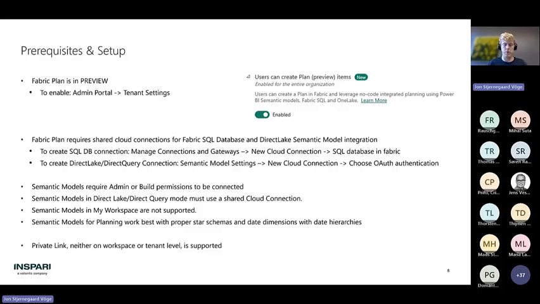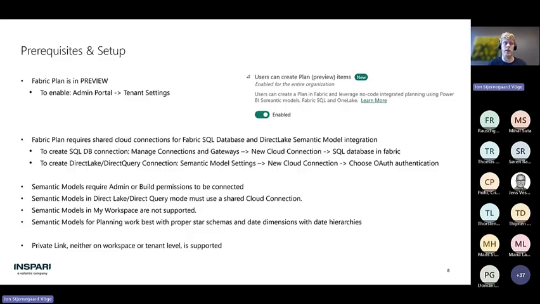You should be ready to create a couple of shared cloud connections for this to use. Using single sign-on for these solution components doesn't really work great. You have to build your own security model, which is possible inside of the item, but the connection between your semantic models and your SQL DBs will hinge on fixed identities that you set up as cloud connections and then add to your planning item. So if you were dreaming of a single sign-on federated solution where the user's own identity is passed on as authentication towards your SQL DB, you're not in luck yet, at least.